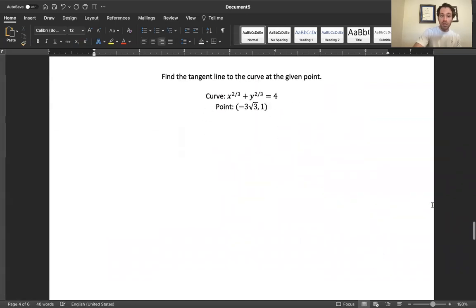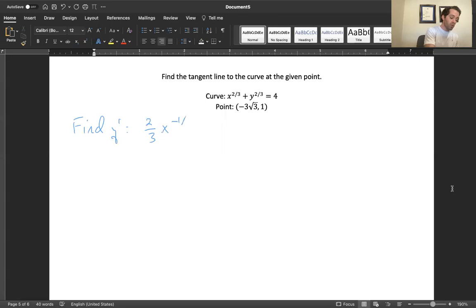Okay, so find the tangent line to the curve at the given point. This does not say that it's an implicit differentiation problem, but you should be able to tell because it has x's and y's in a way that, well, it is possible to solve for it, but it would be messy. It's cleaner to solve it using implicit differentiation, especially because we're given not just an x, but also a y coordinate. So let's find dy dx, or find y prime, and that's going to be using the power rule, 2/3